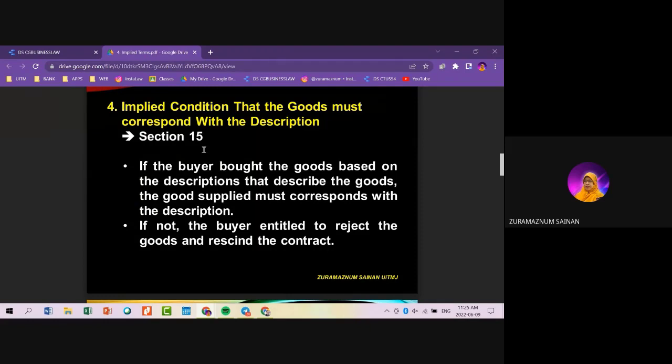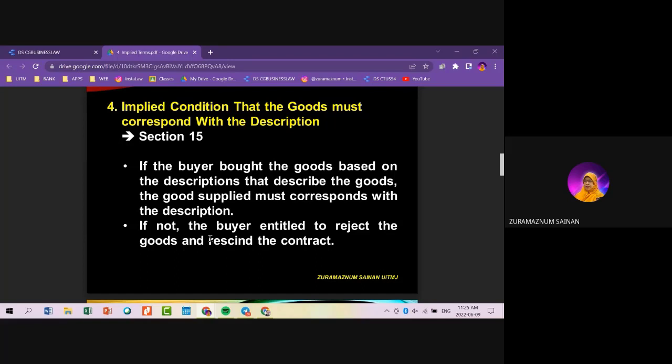Jadi by virtue of section 15 dia kata kalau buyer bought the goods based on the description, so the rule is the implied condition. Syarat utamanya secara termaklum is that the goods supplied by the seller must correspond with the description. Macam mana dalam description, macam mana dalam gambar. So whatever being supplied to you, bila you receive the goods mesti exactly the same with that description. So that is the implied condition. So if not, kalau